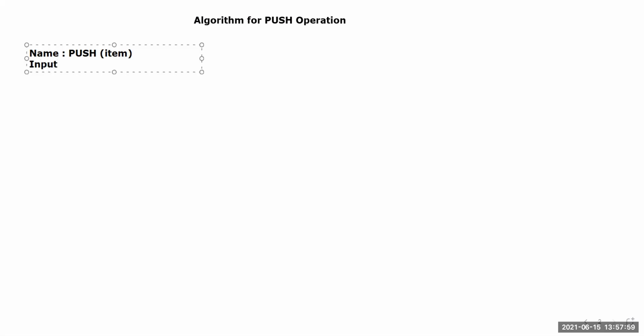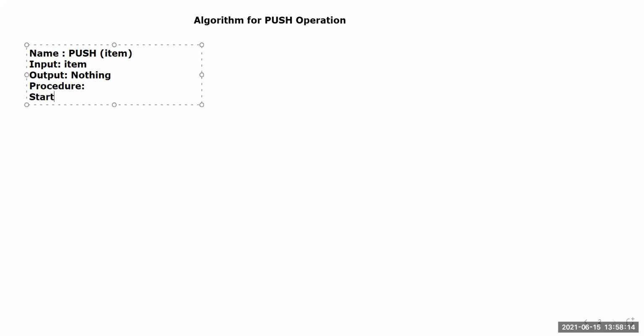All right. So you can sit down with a pen and paper to copy it. Algorithm for push operation. So what are the steps? So our name of the algorithm is push item. Here our input is item and output is nothing. Okay. So our procedure will be